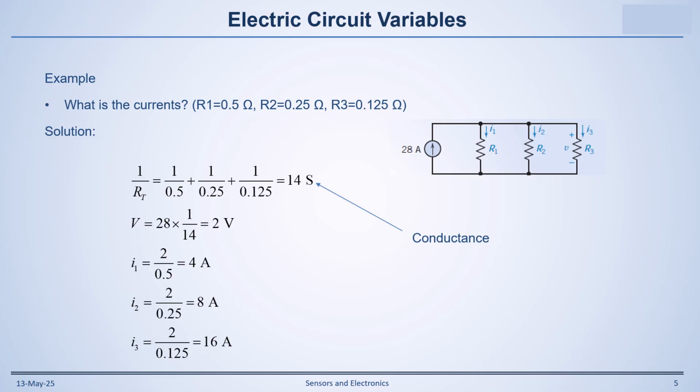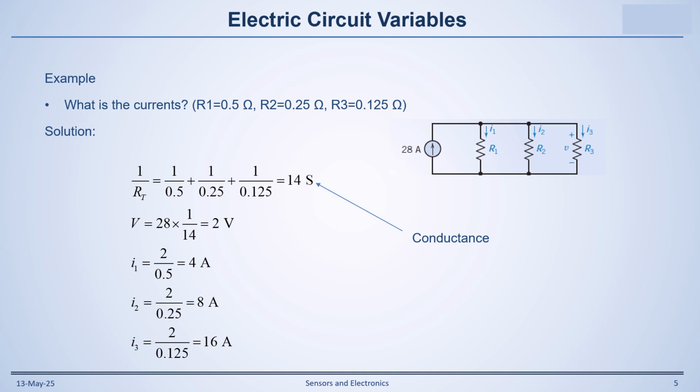Here we have another example. This example is not the voltage division rule, and this is about finding the current and voltage for each resistor if you connect 3 parallel resistors to a current source. So here we have 3 resistors. R1 is 0.5, R2 is 0.25, and R3 is 0.125 ohms, connected to one